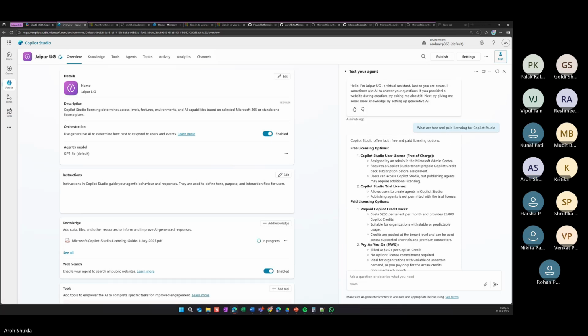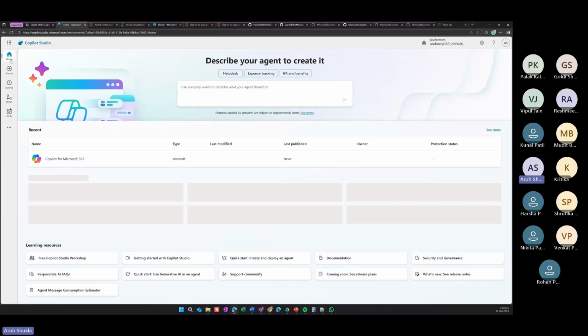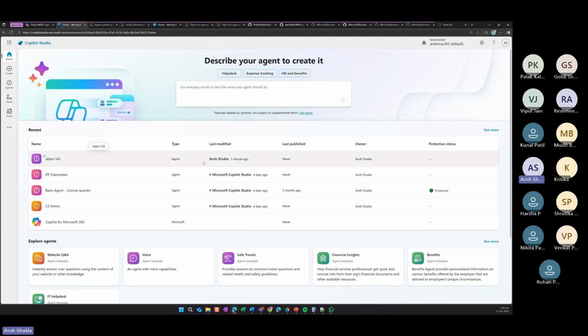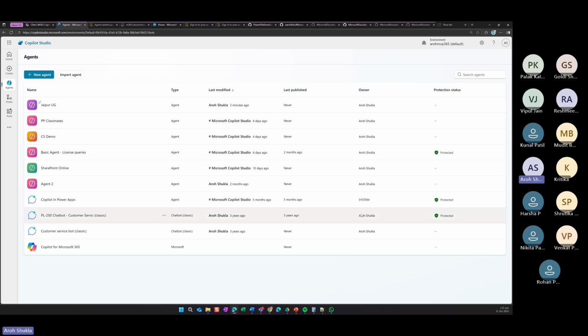Now, if I go to the security part, let's go to one of the other examples which I showed you from a security standpoint. I created this one. So I just go to this one, and I click on this agent. You can see here, I installed it, I do a lot of testing and live demos.